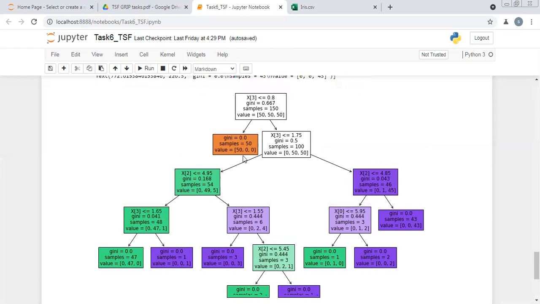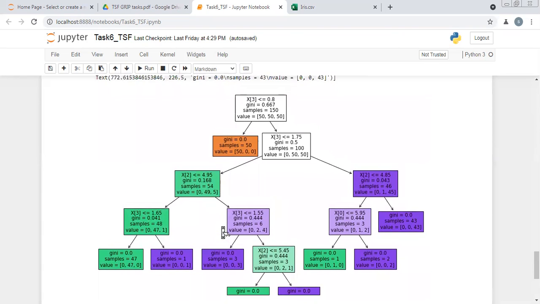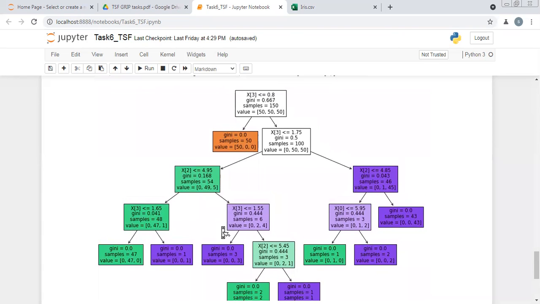If you see here, all of these successor nodes are called child nodes, and this is the parent node. Parent nodes and child nodes are the concept in a decision tree. And there is a leaf node. If we follow this process, ultimately we reach a node from where we cannot break down our data further. This is the leaf node. All of this is done for prediction.